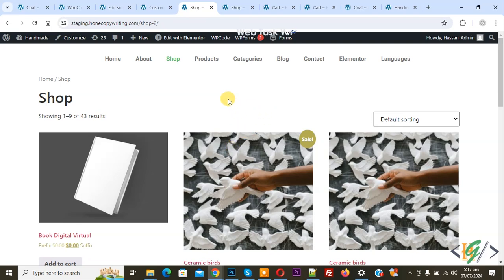Bismillahirrahmanirrahim. Assalamu alaikum. My name is Hassan and today we are going to display product sort by most recent in